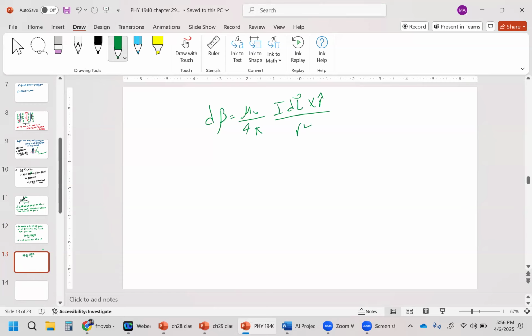And again, according to our rule, if you solve it, it's going to be mu naught over 4 pi